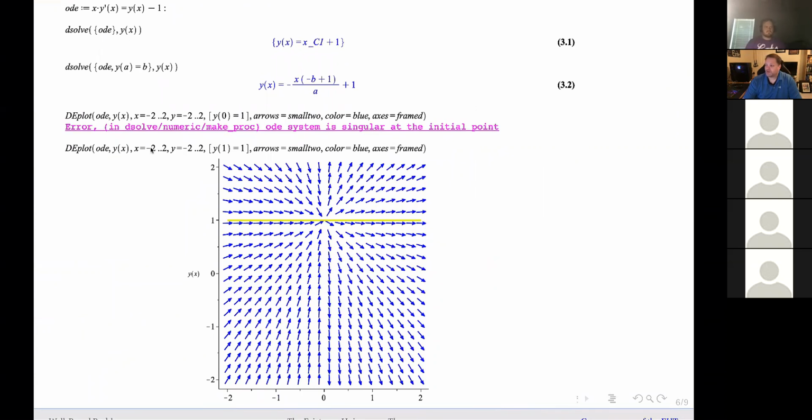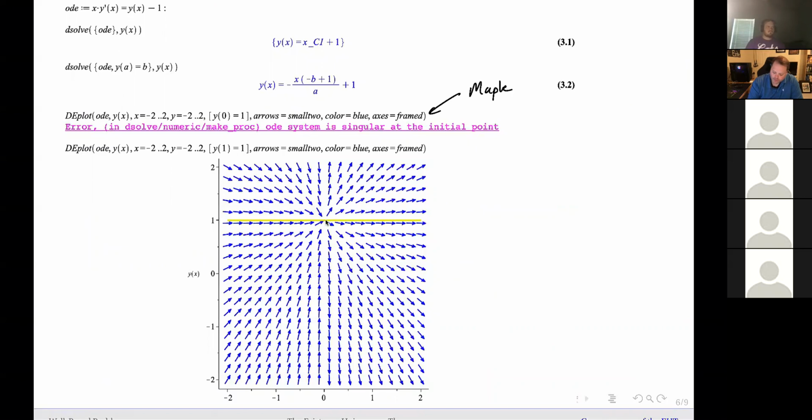However, it says it's singular at the initial point. Singular means you have a point of discontinuity, a point of not being defined there. However, if I ask it for y of 1 equal to 1, it plots the horizontal line, which goes through 0, 1. So this tells me a couple of things. Even though Maple couldn't plot the solution,